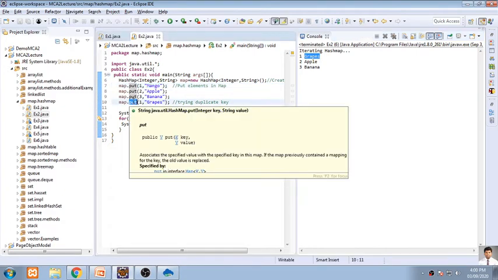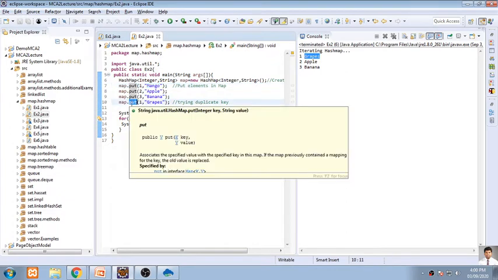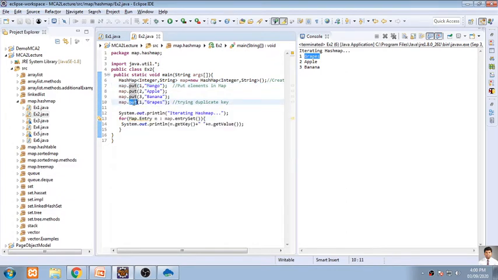So the put function works in two different ways. One for the purpose of adding an element, and second, whenever the key is duplicated, the same key's value will be replaced with the new one. So that thing you have to keep in mind whenever we are using a put function. It is very hazardous to use if you don't know the key values. So unfortunately you may replace the previous value with the upcoming value.